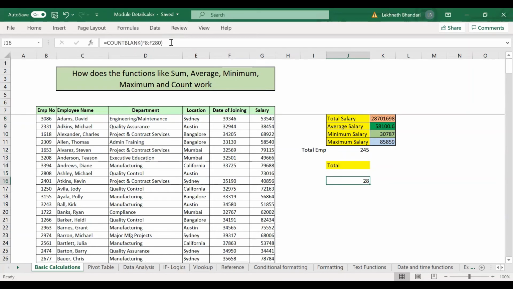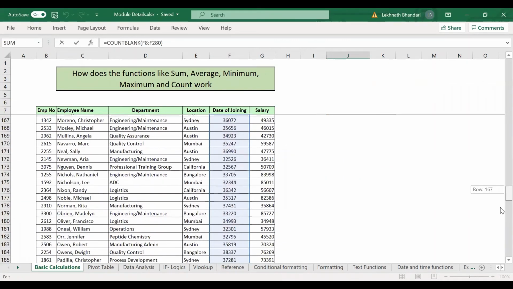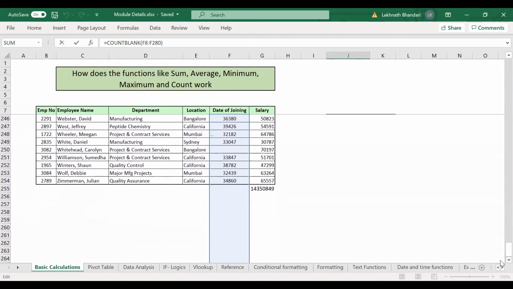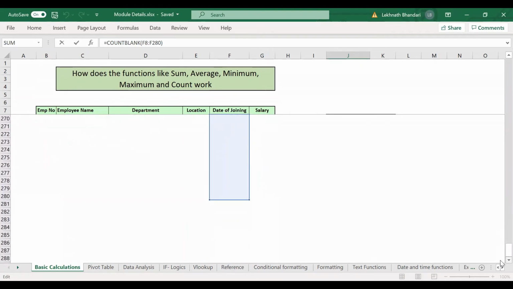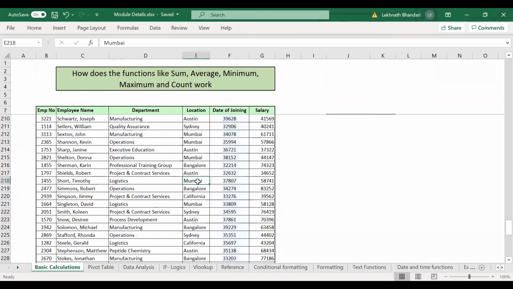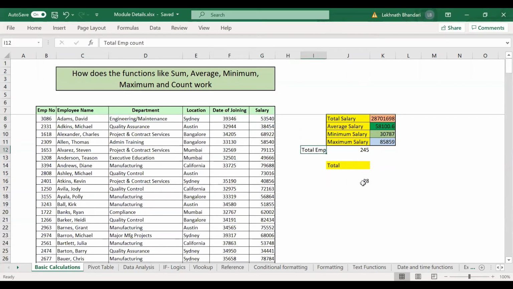So just do F2, okay, and hover it down and see till where it has selected. You see that? It has selected till where? Oh my God, so many blank it has selected. So what is that? 281. Can I really go to 281? So my job was to go only till what? See here. This is 254. So why don't I go up and change my data to come to